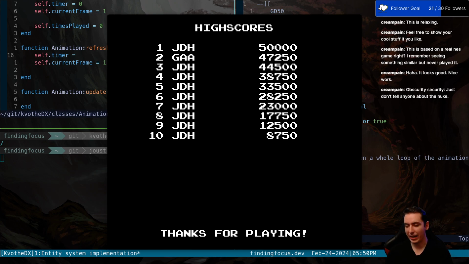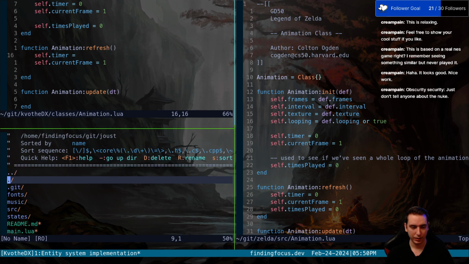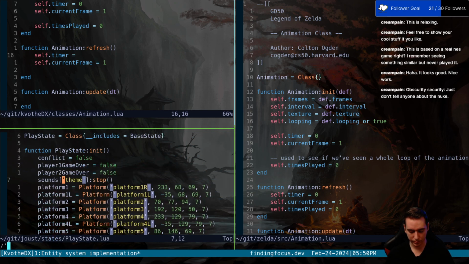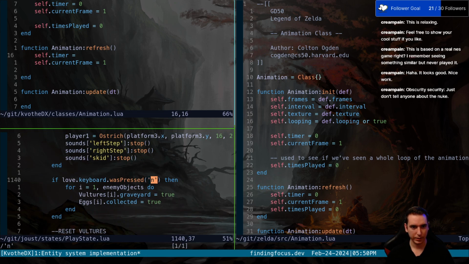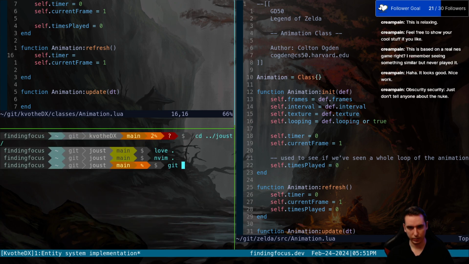I know. Well, I just accidentally told everybody about the nuke, and we can fix that real quick. I think it's in our play state. Let's search for any N presses. Yep. So look, if N is pressed, we go ahead and nuke everybody. So I'm going to leave that block of code in there, but comment it out, so we can turn it back on if we want, but we just killed it. So we can go ahead and say that we removed the nuke button